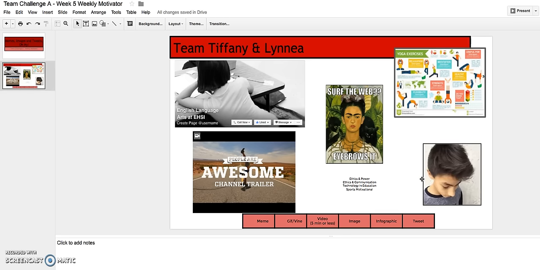And then because we have so many student athletes in this course, we decided to add one more theme to our weekly motivator this week, and that's sports. Motivational for sports. So this is an example of an infographic about my favorite sport, which is yoga. I love this infographic. It's just really unique, and it has a lot of data conveyed by images. So that's what an infographic is.